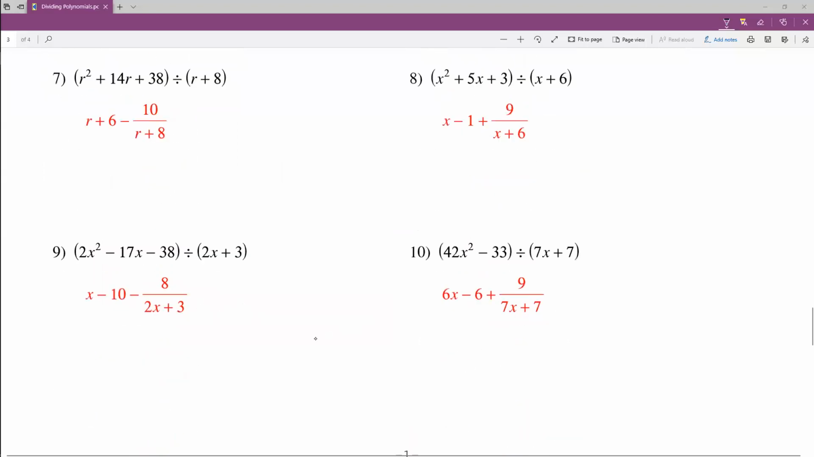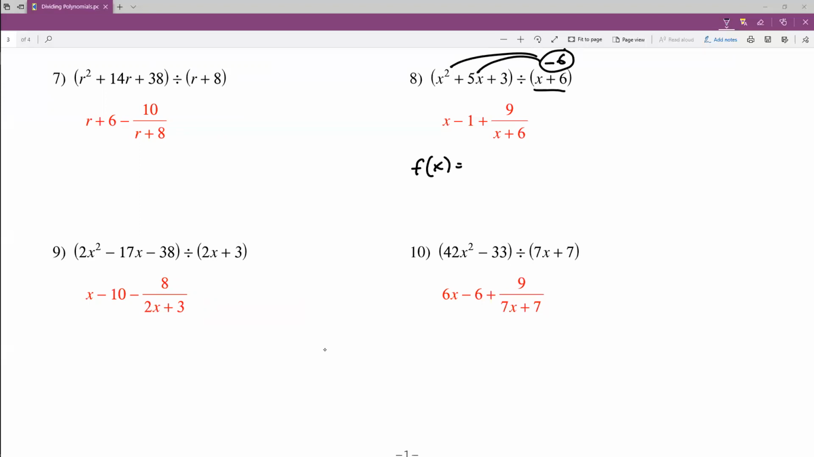So let's look at number 8. Okay, you can see our remainder is positive 9. All right, so let's see if we can get that answer. We're dividing by x plus 6, so we change the sign, negative 6. You take that negative 6 and you plug it into the original wherever you see an x. All right, so the original